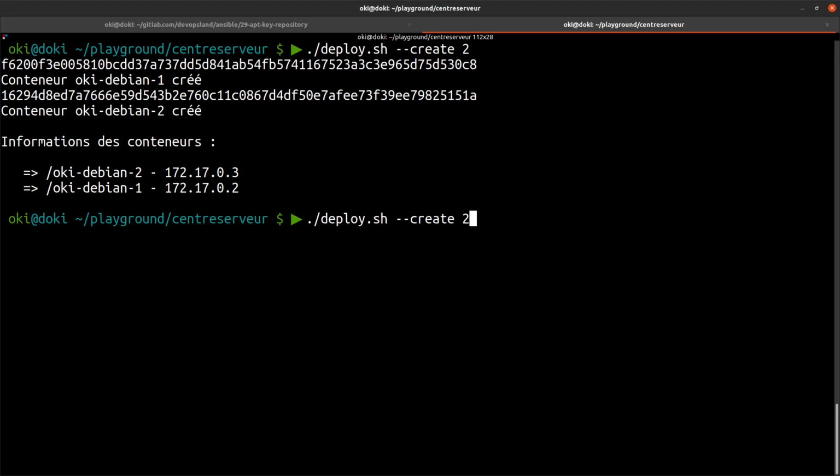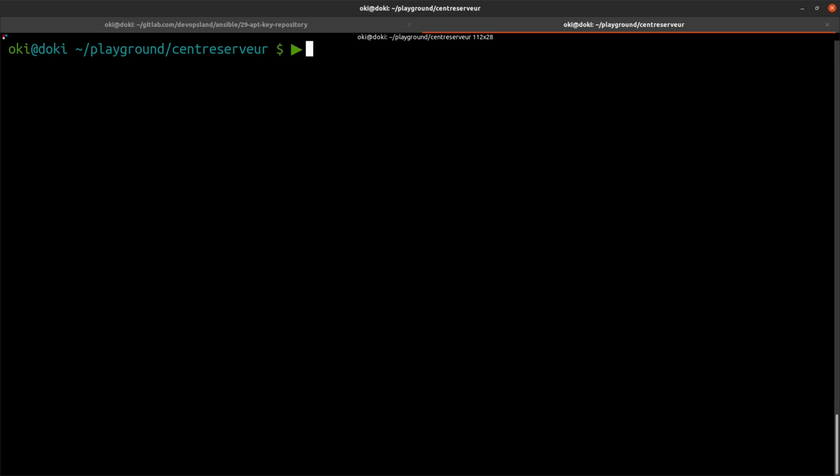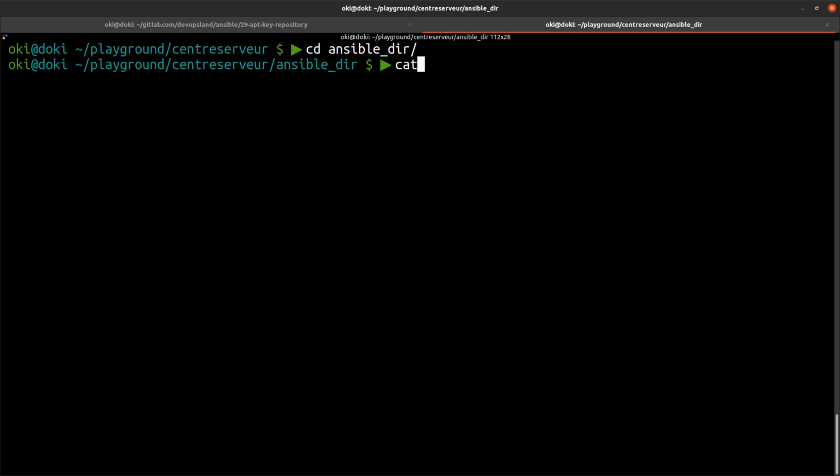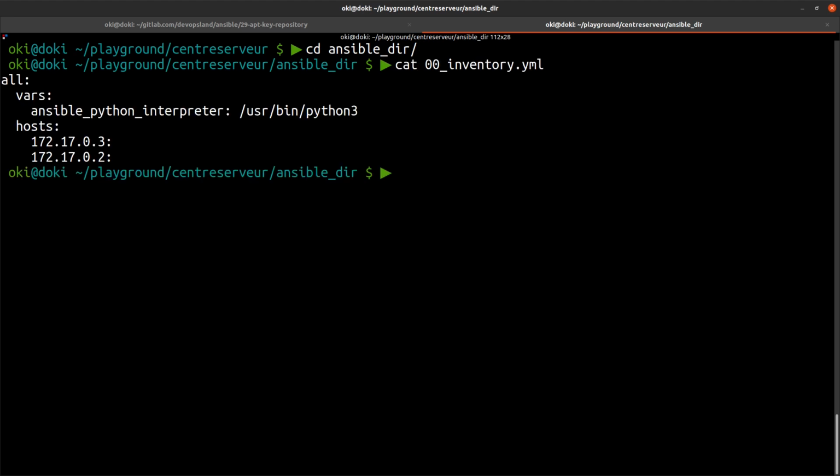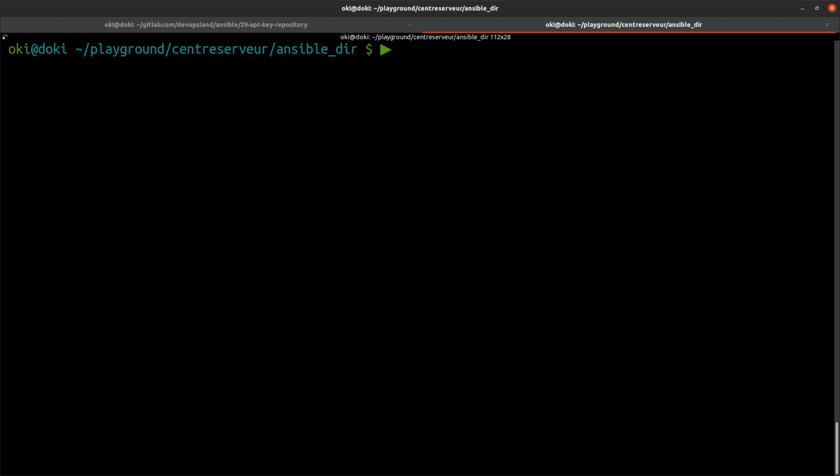To prepare our Ansible directory and to have an inventory, we can use the --ansible parameter. Now we can go into the Ansible directory, and there we have an inventory.